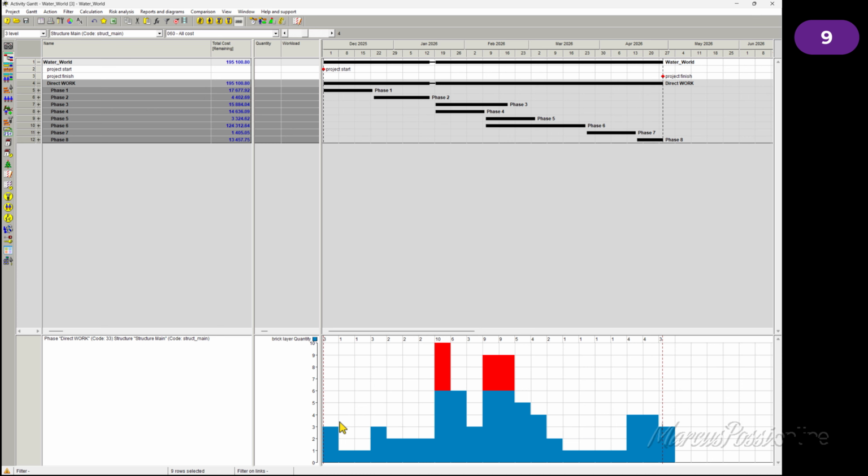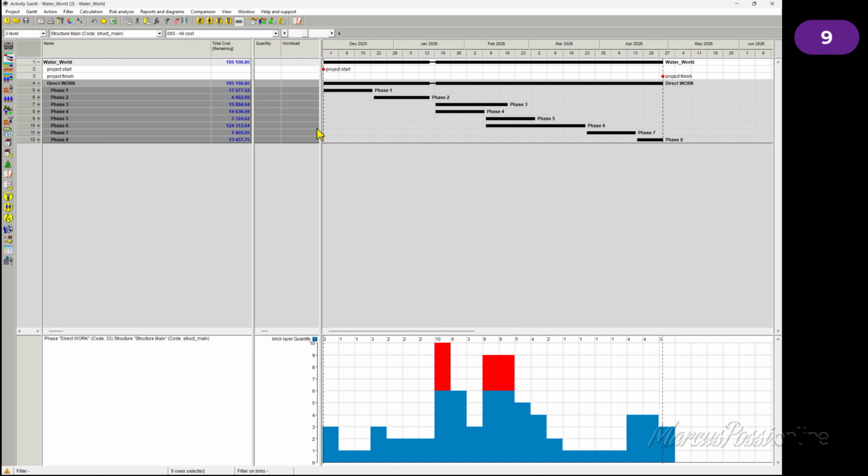In direct work, we use 3 bricklayers the first week and 10 bricklayers the last week. This graph shows us that we do not really have